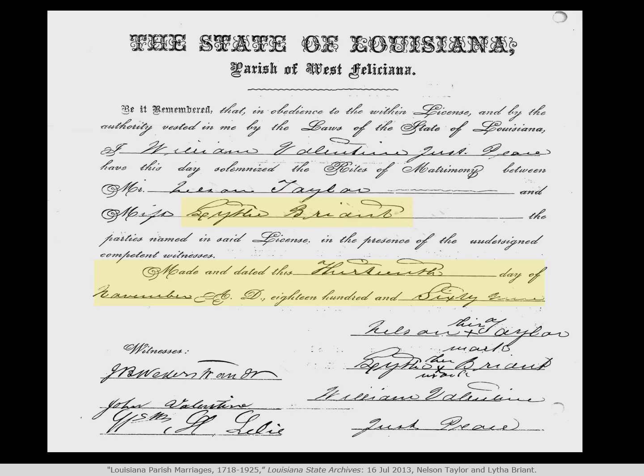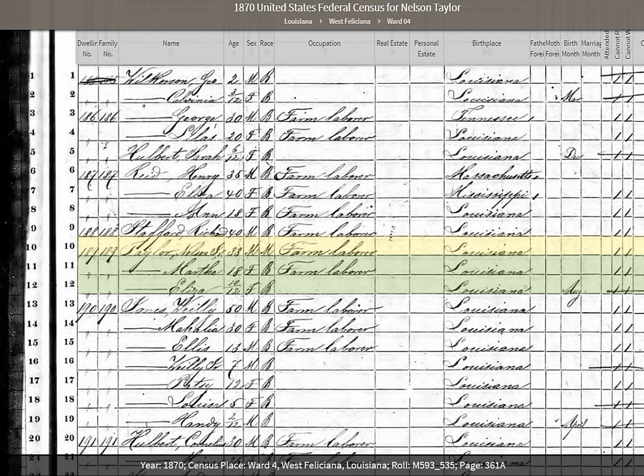That I'm not 100% sure on, but what I can tell you is that I ordered a copy of this certificate from the Louisiana State Archives. But also when I visited the West Feliciana Parish Courthouse years later, I saw another copy of this marriage certificate there as well. Now on the very next page of the census, where we saw my fourth great-grandparents, we now